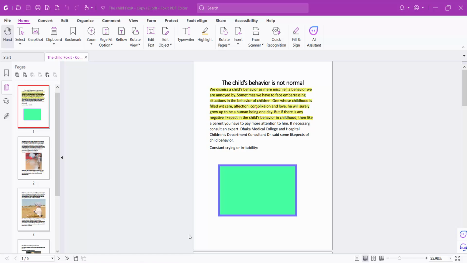Hello everyone, today I will show you how to convert a PDF file to a PowerPoint file using Foxit PDF